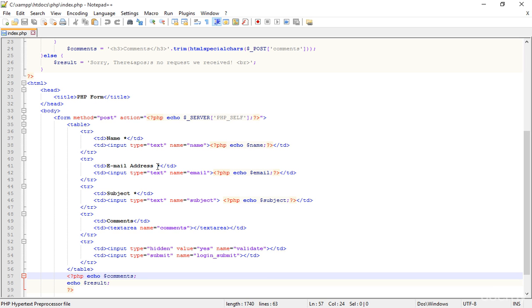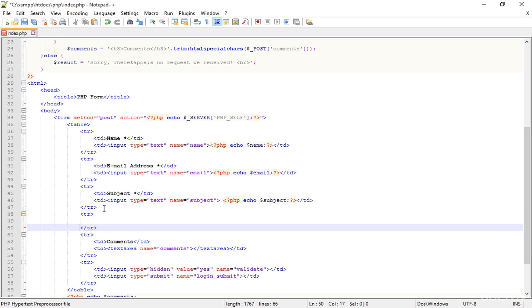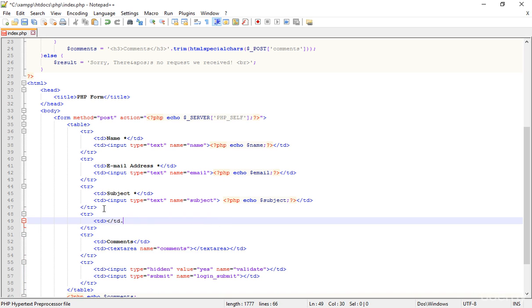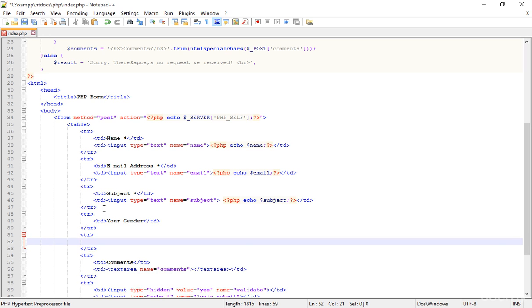For example, after the subject, I'm just adding another row here. Inside these TDs, in the first TD I'm just typing your gender, your sex, whether you're a male or a female. In the next line I'm just adding a TD. And how do we get this information? There are a lot of ways. For example, you can simply type